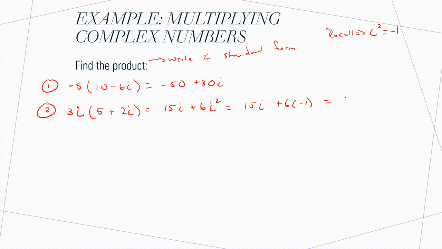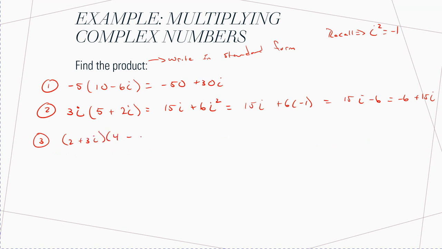So that's going to become 15i minus 6, and then writing in standard form, I'm going to put the real part first: minus 6 plus 15i. All right, let's just try this last one. Let's look at 2 plus 3i